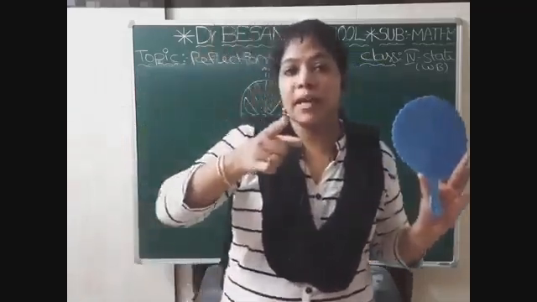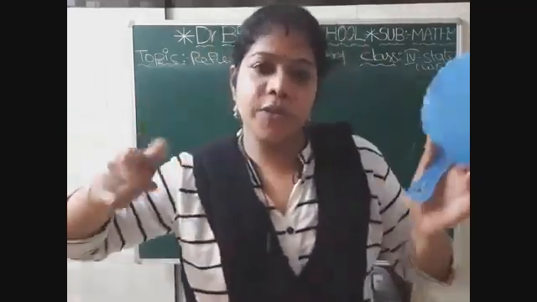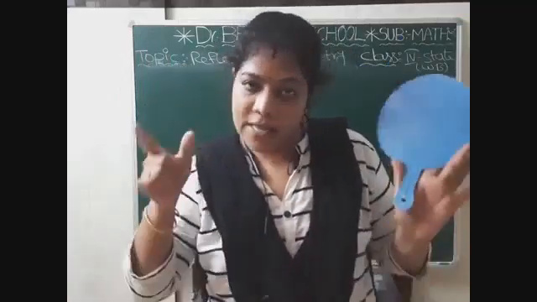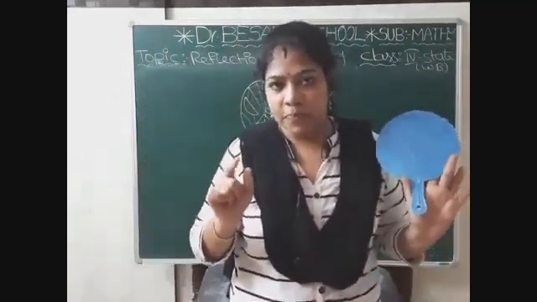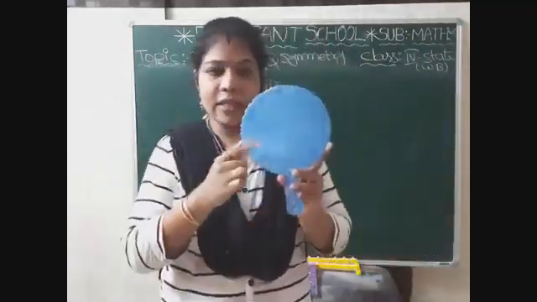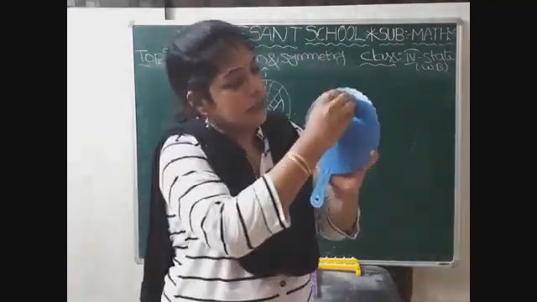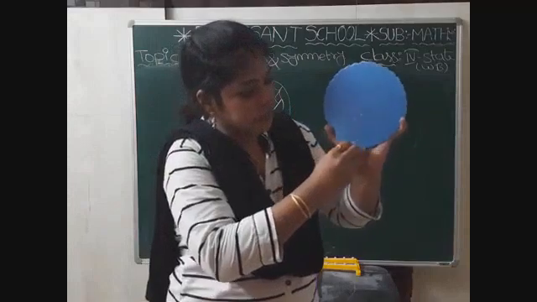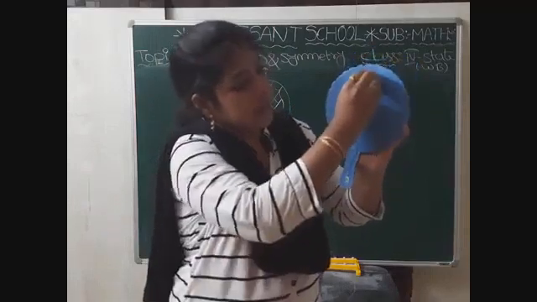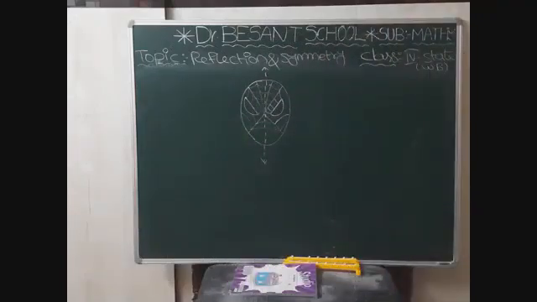Keep one thing in mind, the line of symmetry makes the object into two exact equal parts. Okay. Next, it does not contain the horizontal line of symmetry. Now coming to vertical. If we draw the vertical line like this, see, if we draw the vertical line like this,